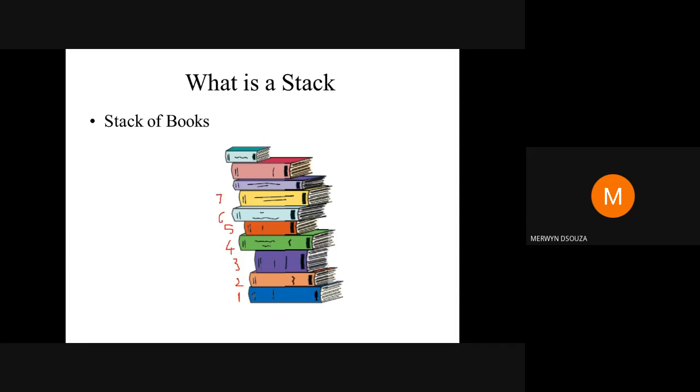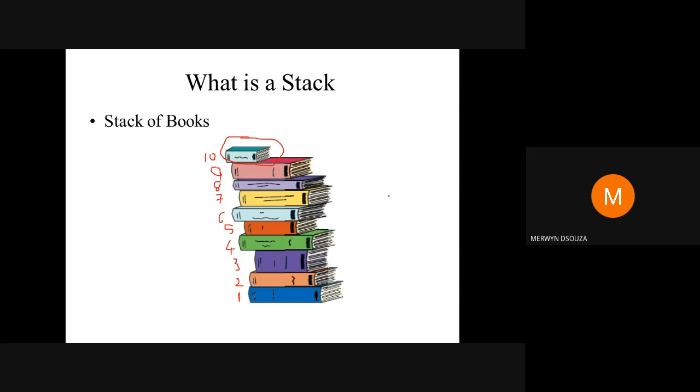That's how the stack got created. So this small book on top was the 10th book to be added to the stack.